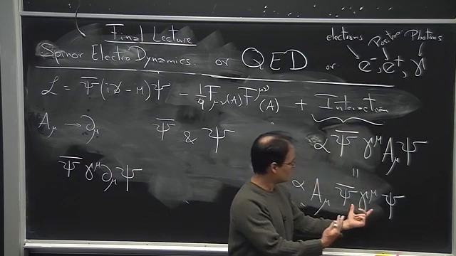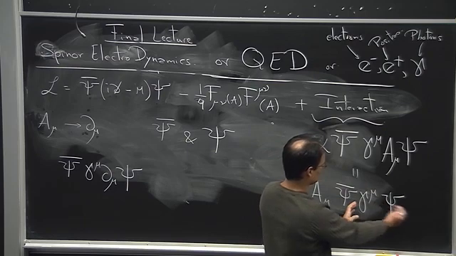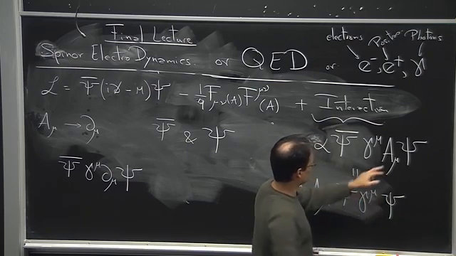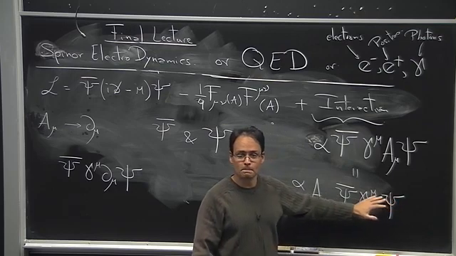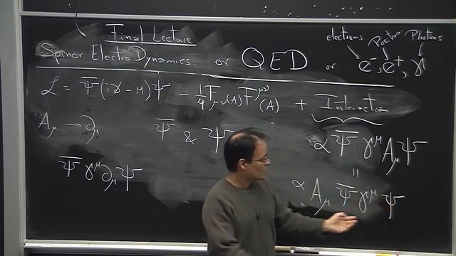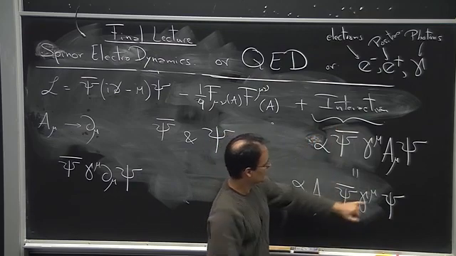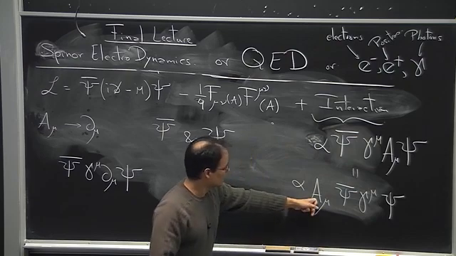Because this guy is a matrix, and these guys are 4 component objects that are contracted with this matrix, multiplied with this matrix, but this A mu has nothing to do with those matrix operations, okay? What we get from these operations is also a 4 vector, okay? It has 4 components, and now once we have the 4 components, we contract it with this vector,